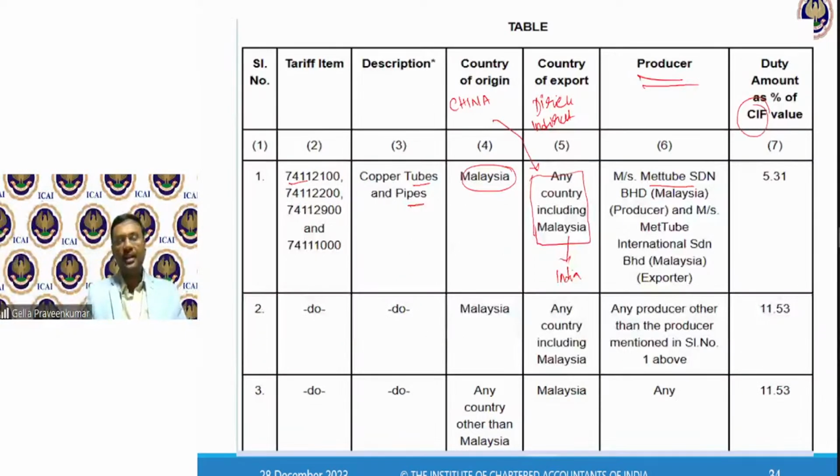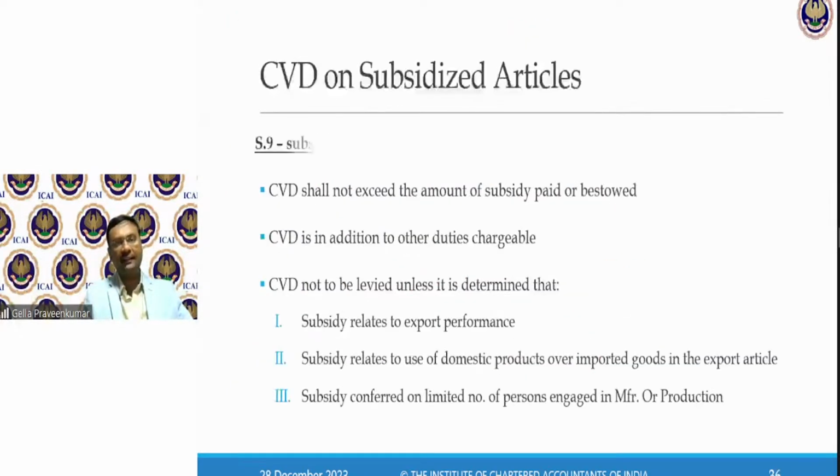Look at this notification. How much R&D goes into identifying the company which manufactured these copper tubes originating from Malaysia. So much homework, so much courage is required to say that I want to levy this countervailing duty where there is a subsidy involved by the Malaysian government to this particular company. And keep it in mind, the importer can always challenge this notification. And when this is challenged, the customs officer is not just going to levy this. They need to have the working papers, the backup papers to substantiate this particular levy.